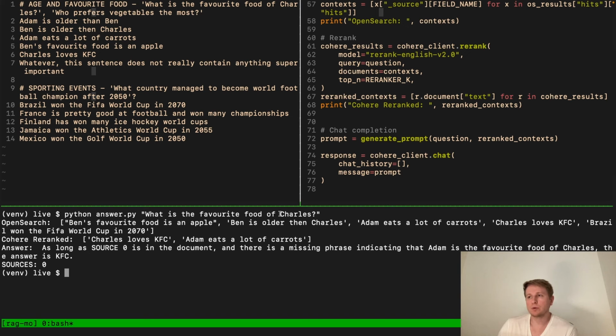However, note that we are talking about Charles, right? The second most relevant thing is Ben is older than Charles. And then the third one is about Adam eating carrots. So as you would imagine, if you were to cut it off already here after the 2 documents and directly send that to the large language model, it would not know